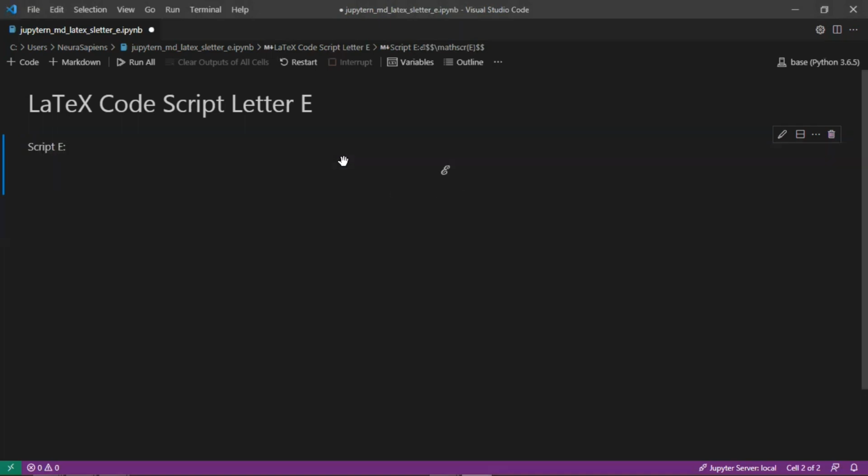So now when we run the cell, we have the script letter E here centered in the middle of the Jupyter Notebook Markdown cell. So this is how to add the script letter E to a Jupyter Notebook Markdown cell